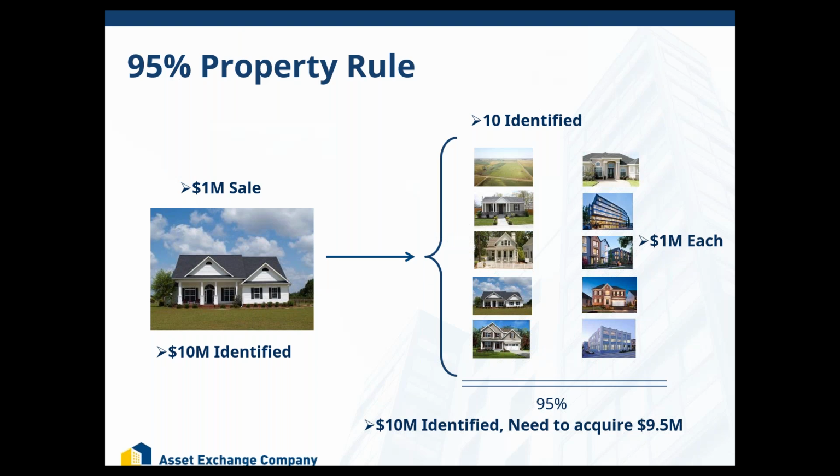All right, the IRS wants to limit you in how many properties you can identify. They don't want you going out there identifying everything under the sun, because you know what's going to happen if you identify everything under the sun? You're going to have to buy everything under the sun because of this crazy 95% rule. Again, we don't see it enacted that often, but everybody just realize it does exist and it is out there. Okay, now,